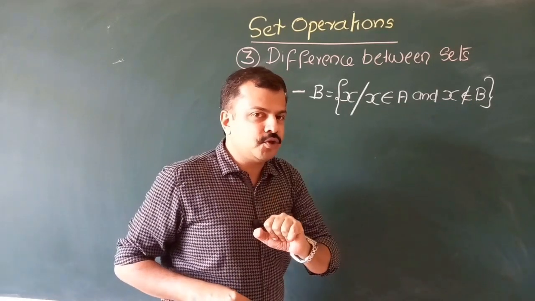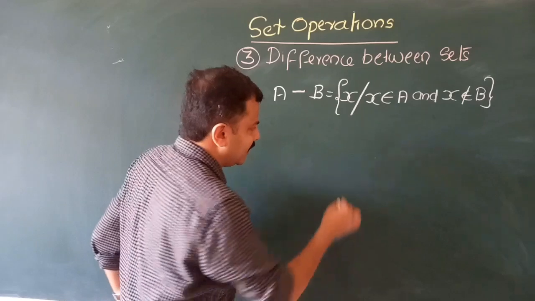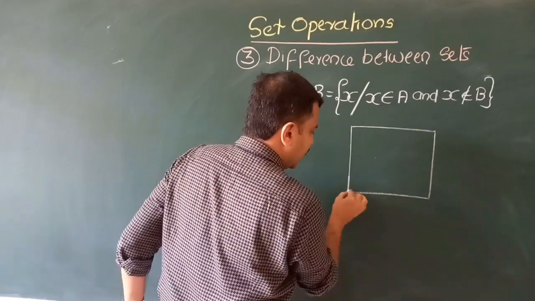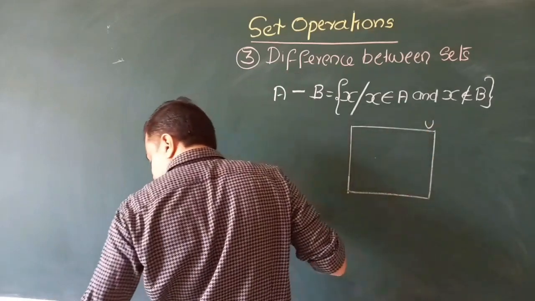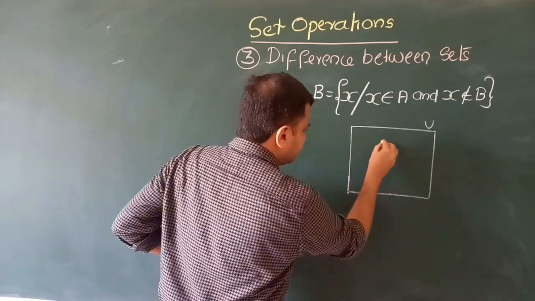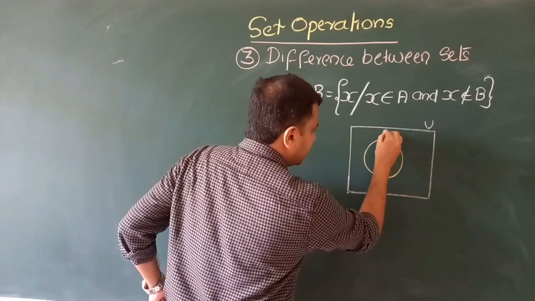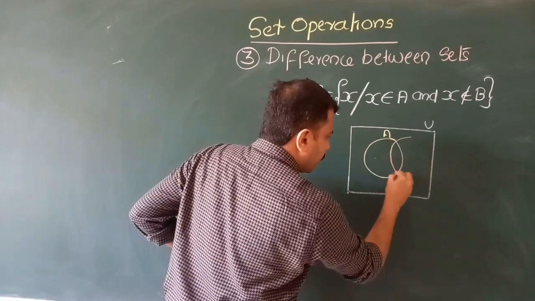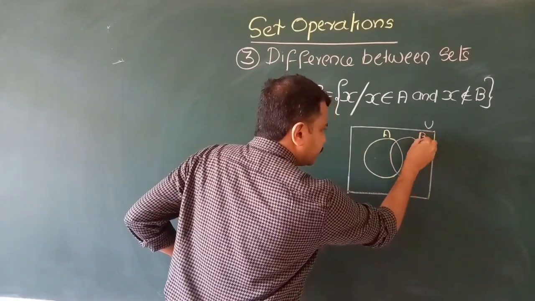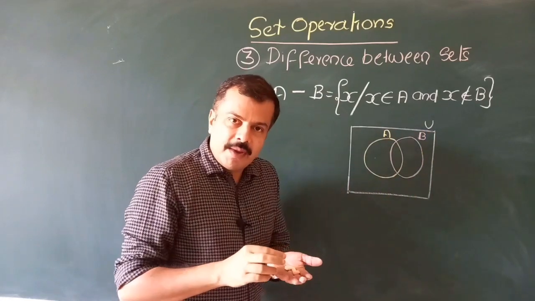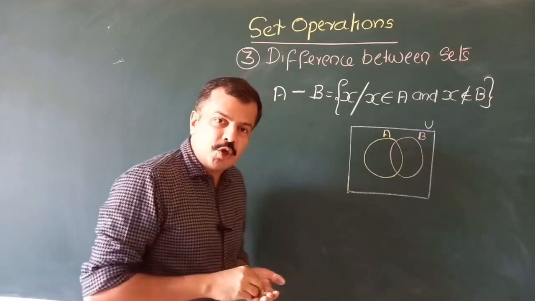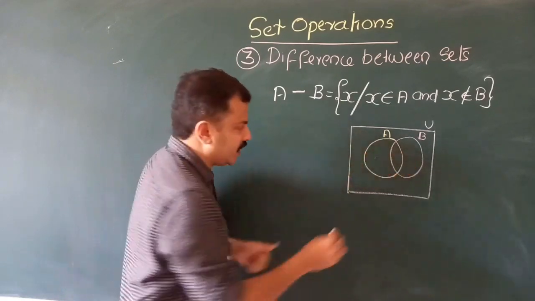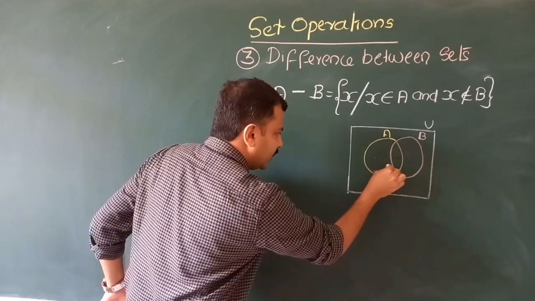We try to draw it using a Venn diagram. We have something like this. Let us say we have a universal set like here, and let us have a set A here and a set B here. Now, what is A minus B? A minus B consists of all those elements that belong to the set A but do not belong to set B. So this shaded portion